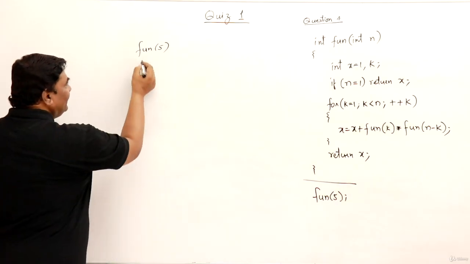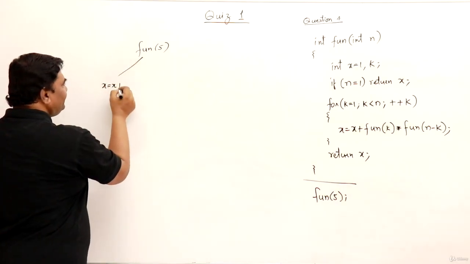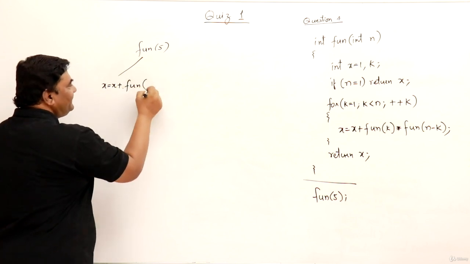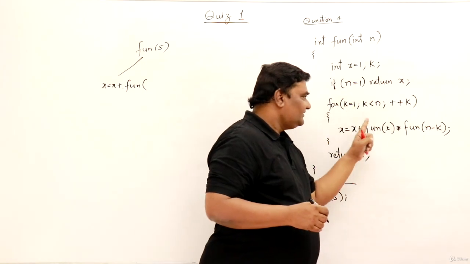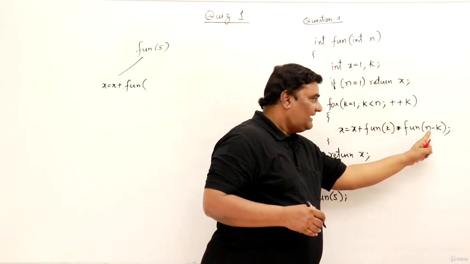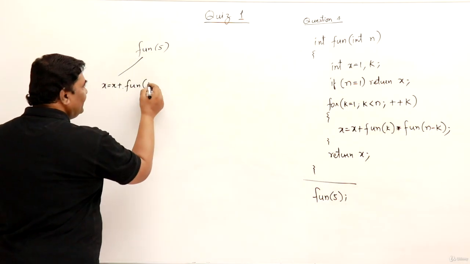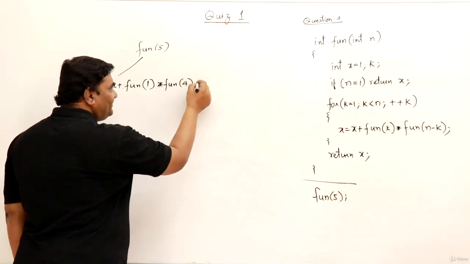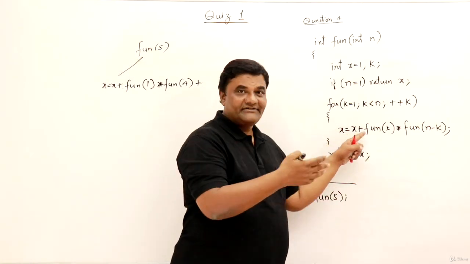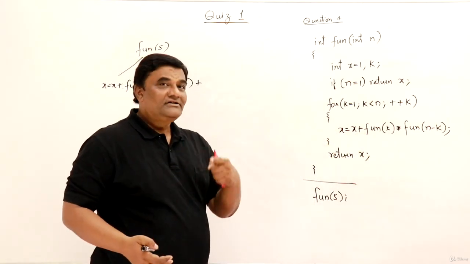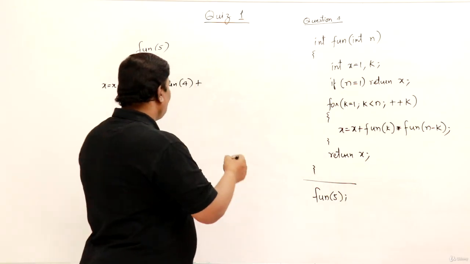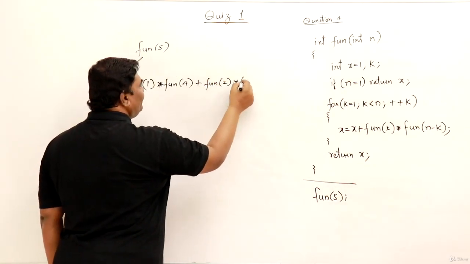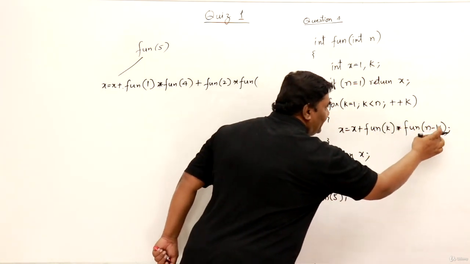So let us do it. This is x assign x plus what? First one. K value is 1. So this is fun of 1 comma n minus 1. What is n? 5. Fun of 1 into fun of 4. Then plus, because this is going to be added into x every time. So again one more time. That time k is 2. So this is fun of 2 into fun of 5 minus 2,